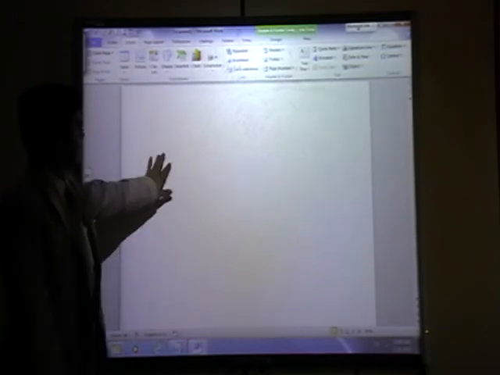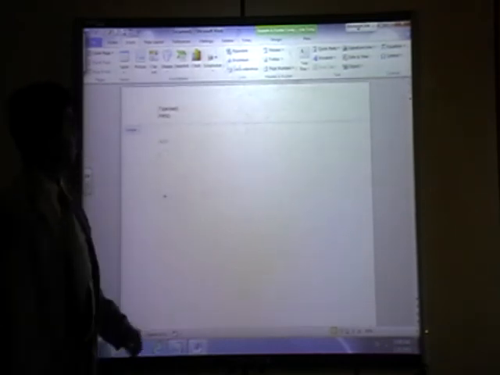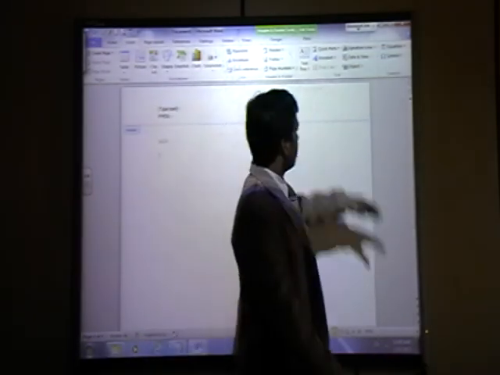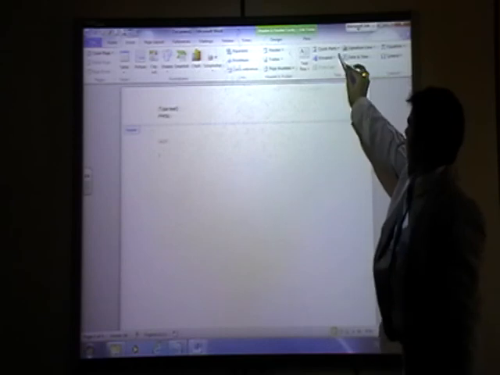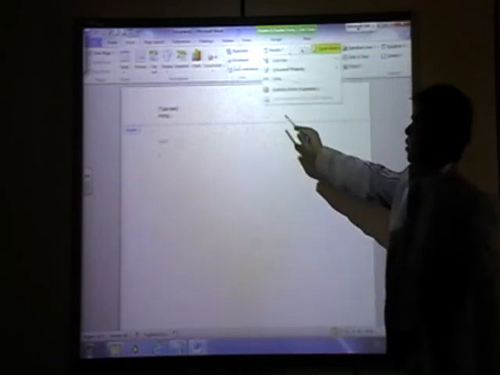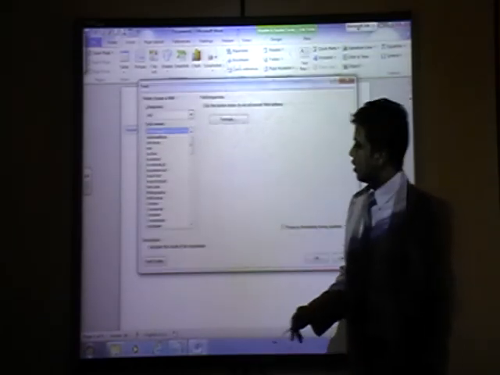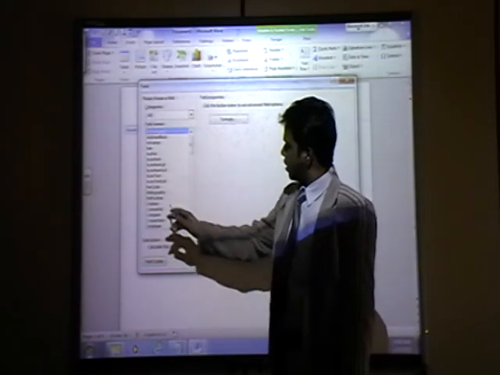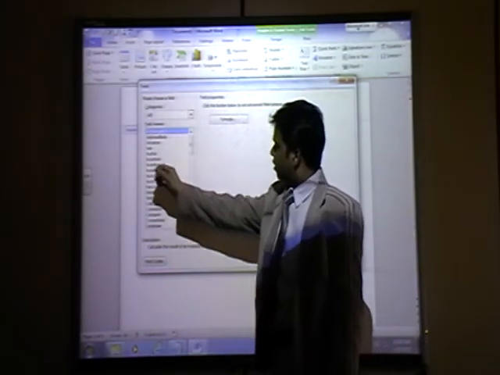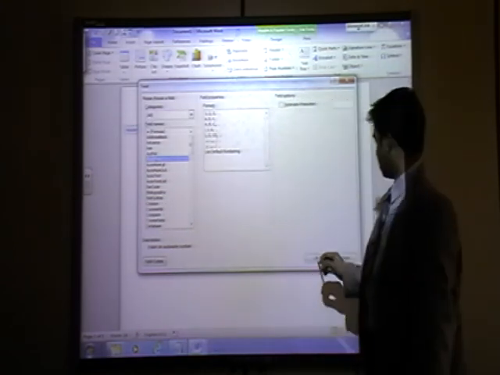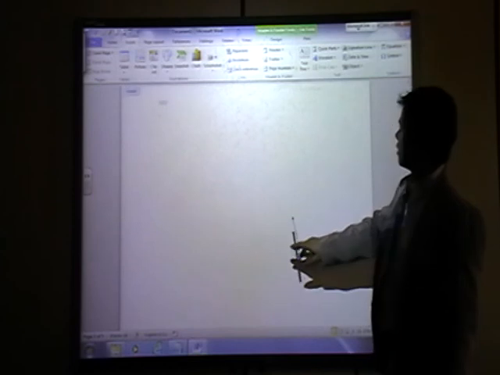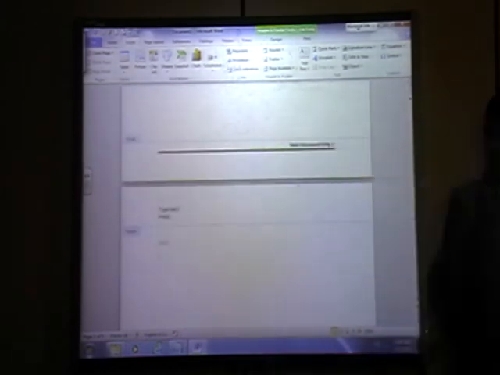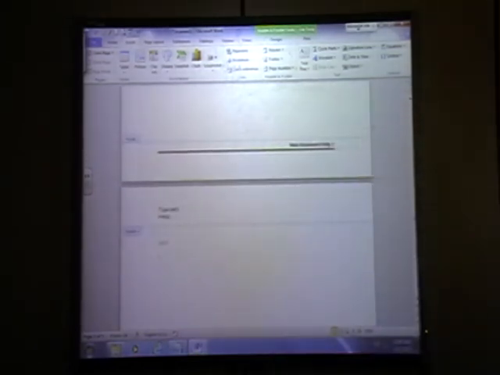Next is quick part. I will tell you about that here. Text box is already completed. I will tell you about quick part, field, and if you want author. Okay. So it will tell you it's not inserted. Go to insert and quick part like this.